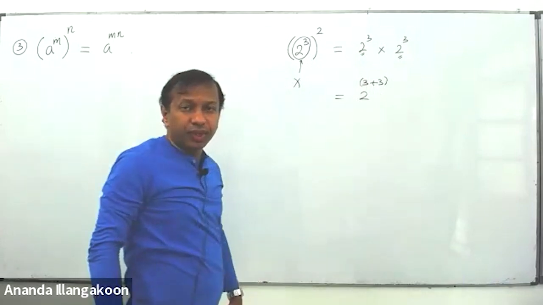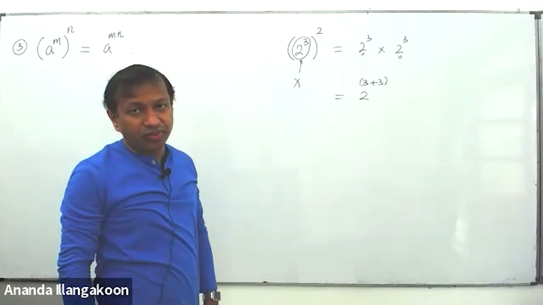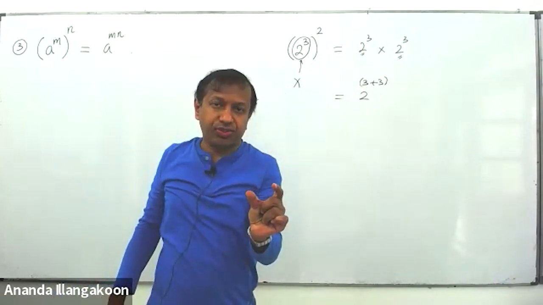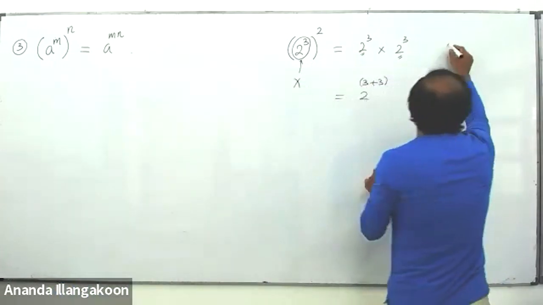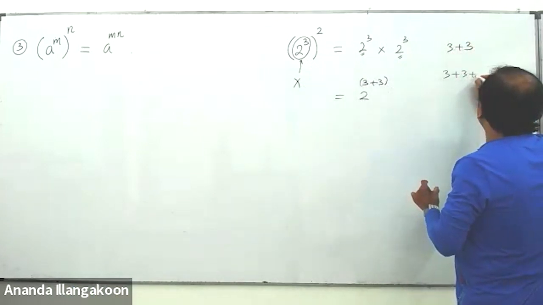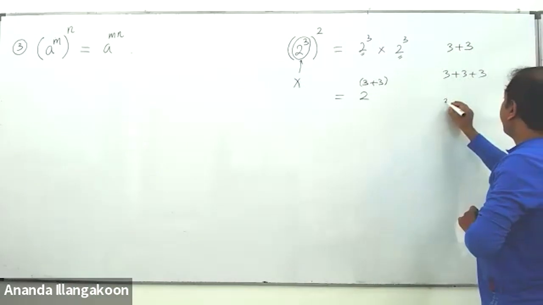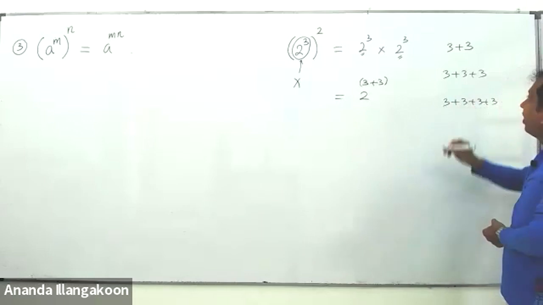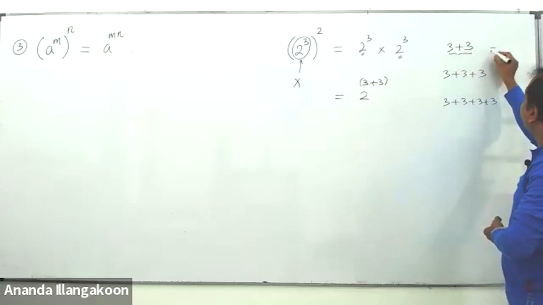Okay. 2 to the power 3 plus 3. People, adding 3 two times, adding 3 three times, adding 3 four times. Here, when you add 3 two times, this answer you can take